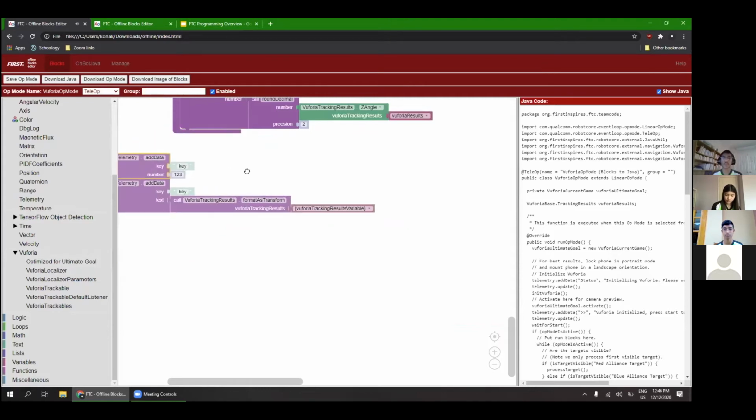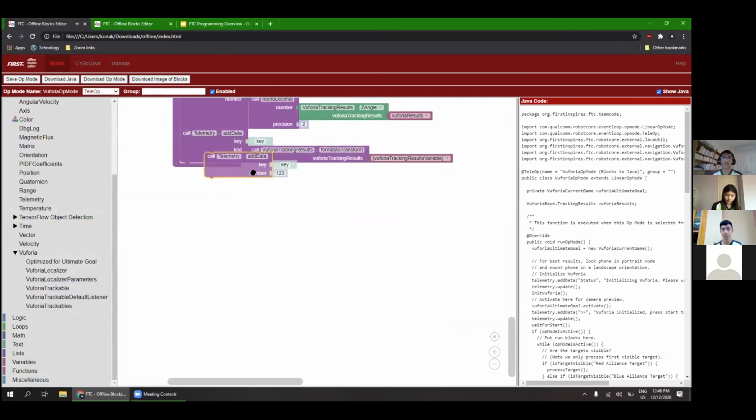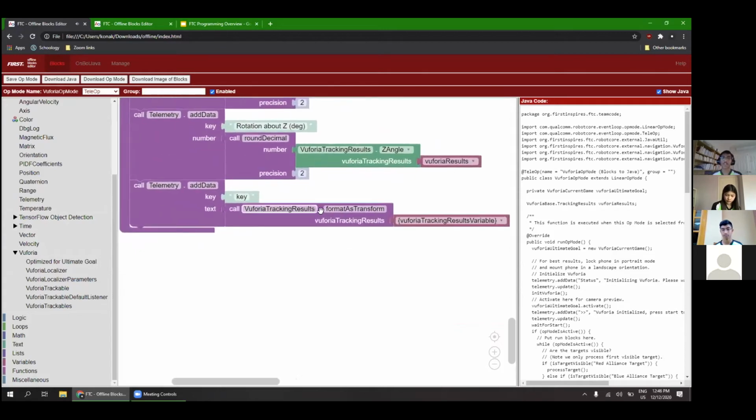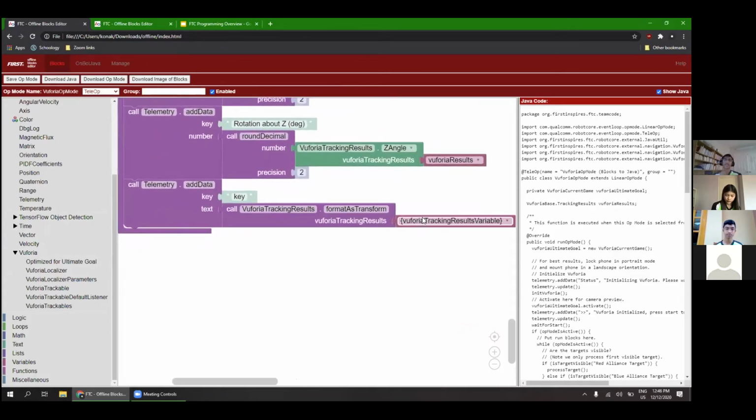So if you do this, for example, where you do Vuforia tracking results dot format as transform, that will take